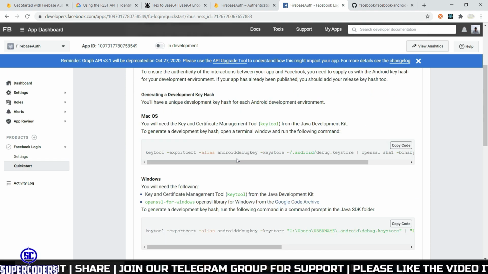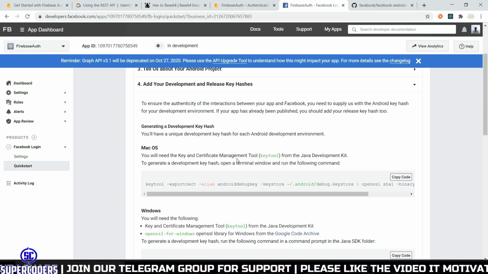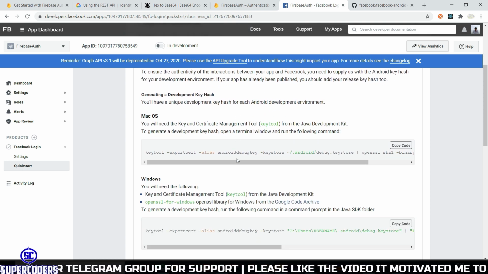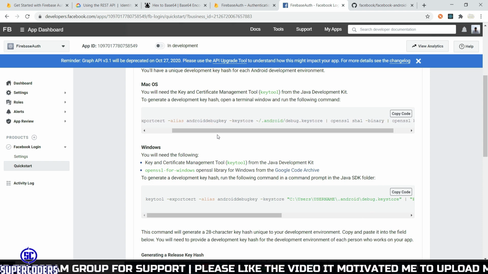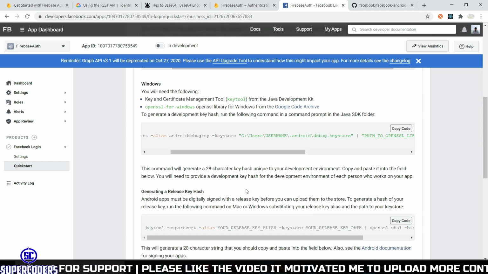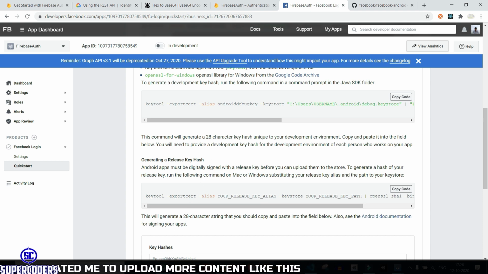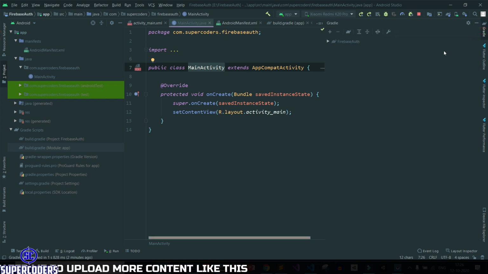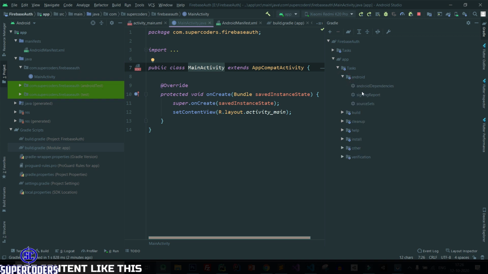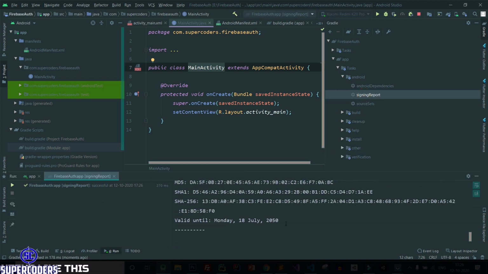Click on continue. Now here we need to create the hash key, which is a very important part. And here it is showing multiple options for generating the hash key, but I am not going to use this way. Also, if you want to publish your app on Google Play, you need to change the hash key. But for now, I am going to show how you can generate our debug version hash key. So back to Android Studio, and here click on Gradle, open this project, click on App, Task, Android, and click on Sign In Report. And you can see it is showing the SHA key. So simply copy it.